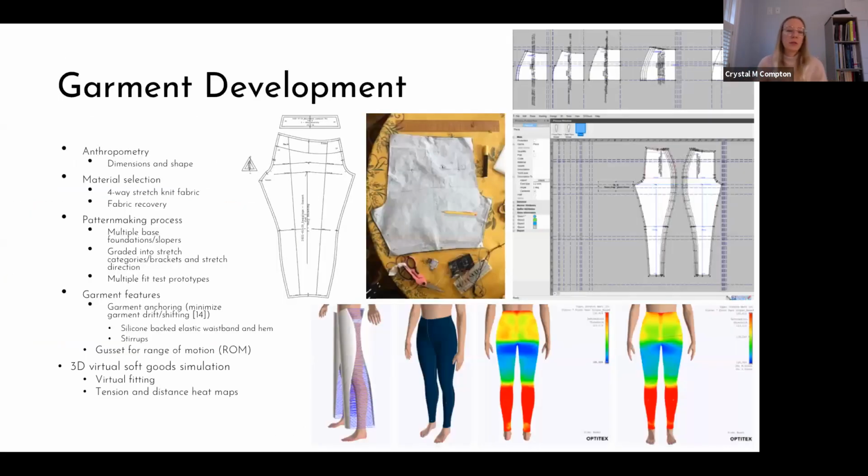So then moving more onto the garment development, first the garment base pattern needed to be developed. So I needed to understand the user's anthropometry. Also, I needed to look into various material selection. So I needed to have a material that would accommodate this body movement and be able to stretch with the body, but also recover well. Then you have the pattern making process, which has multiple steps with foundations and slopers that need to be developed, and it needs to be graded into different stretch categories based on the material properties